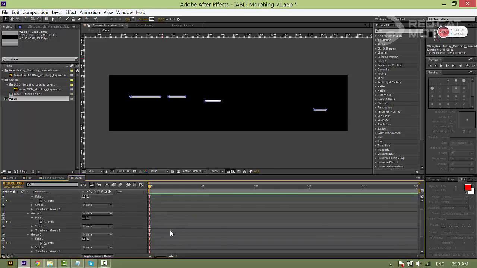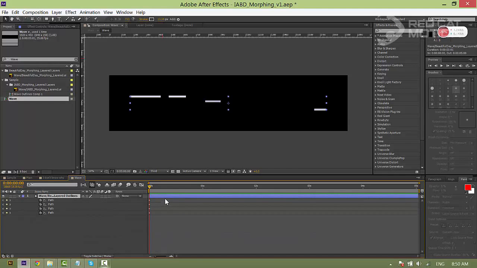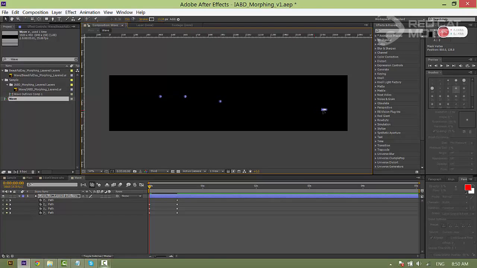However, the option is too long and it's hard to select, so you just select the layer and press U to shorten it. Select all the keyframes, move them to the middle like this. Here I will make each of the waves go in and go out, like I've done to the sunbeam. Select the first point and move it like this. At 1 second, I will make them disappear.